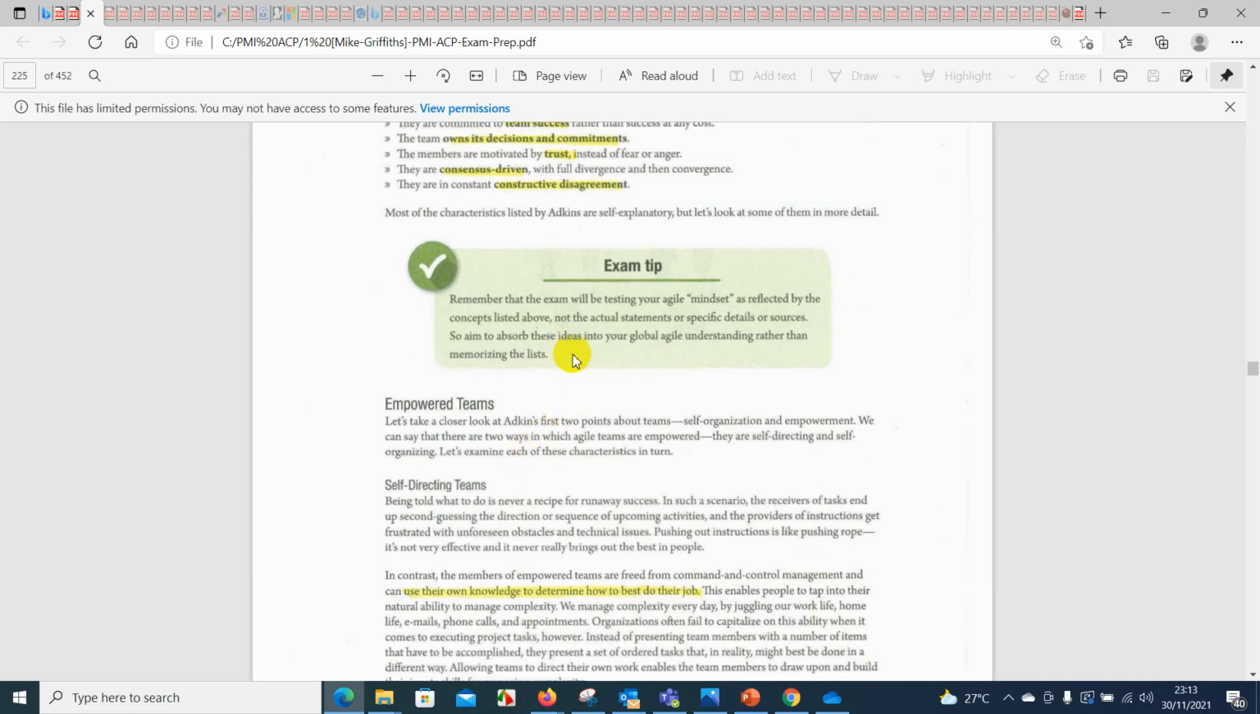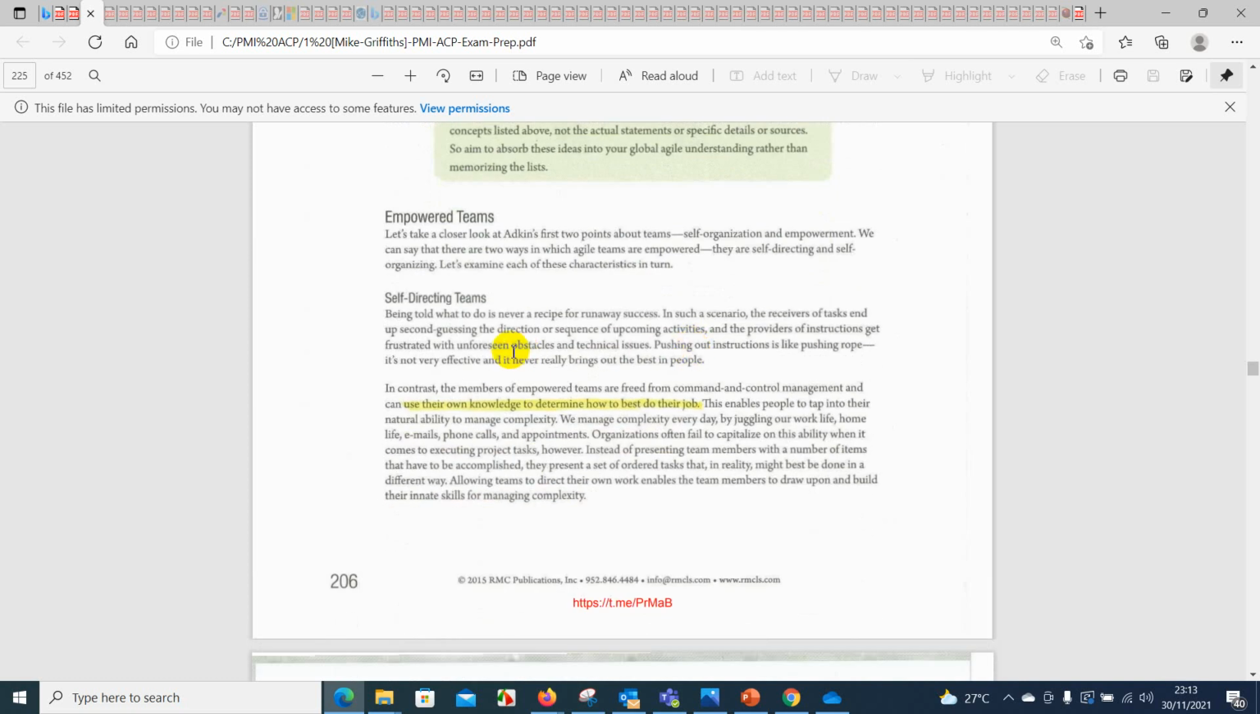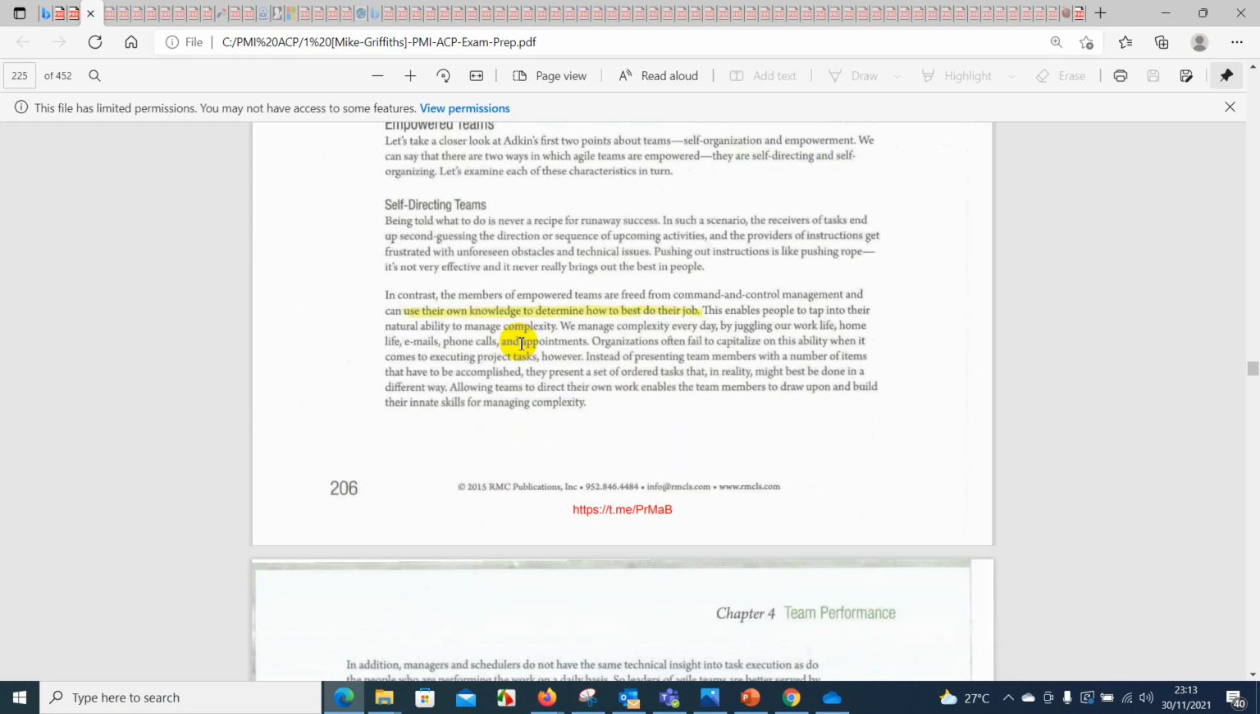Okay, do you remember the exam? Okay, power team. Let's take a self-directed team, being told that...